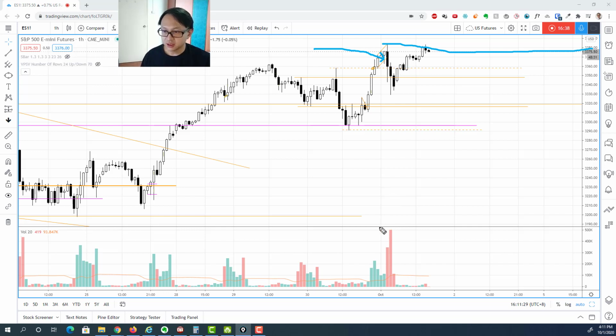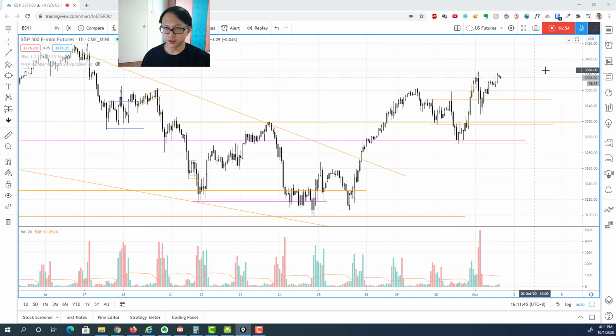We see the spike of the supply together with the big spread bearish bar. So definitely we're testing the supply, we're testing the resistance, and what I would like to see is a breakout of the immediate resistance level at 33.80